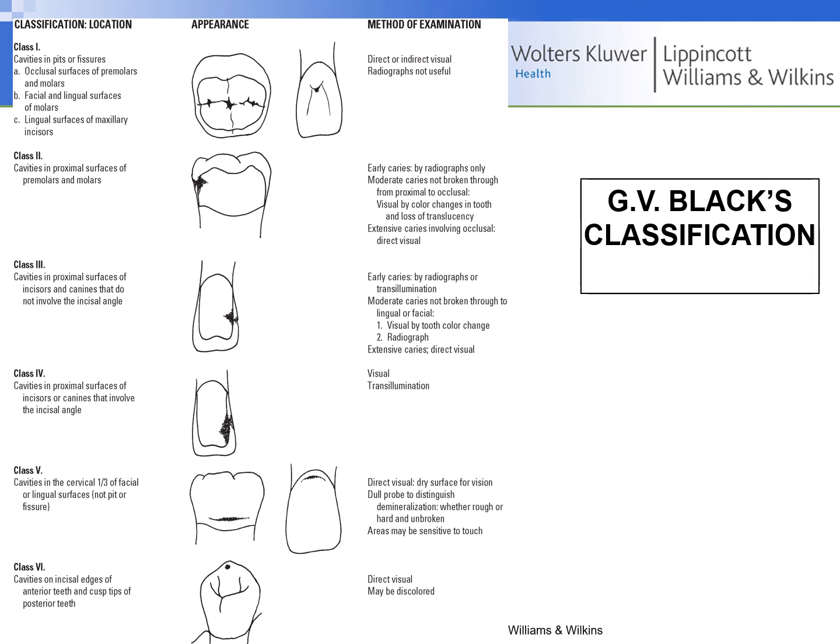So here is Black's classification. A class 1 is when you see cavities on an occlusal surface of a molar, and it could also be on the lingual surface of an anterior, mainly the maxillary, because you can see this cingulum right there. If a decay, it could be little, it could be big, it doesn't matter. If there are caries either in this spot or here, you'd call that the patient has a class 1